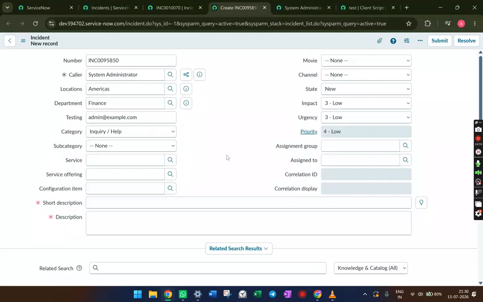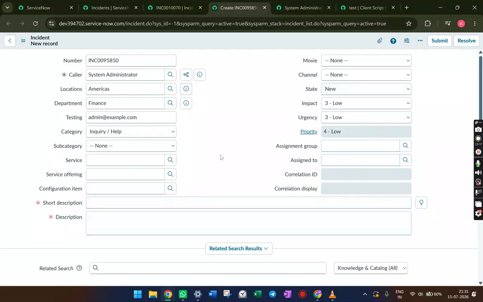To get data from server to the client side, please use it to get the data from server to client. Yes, GetReference is used to get the data from server to client side. So right now we are on the client side because we have not saved the form yet. We are on the client side, which means we are on the browser, but we want to fetch some data from